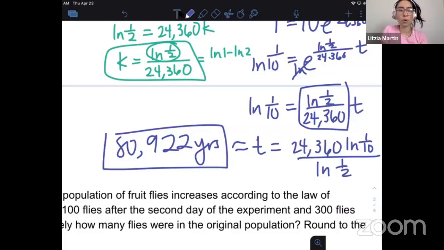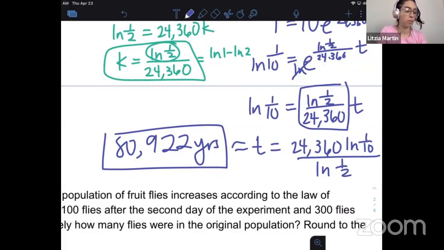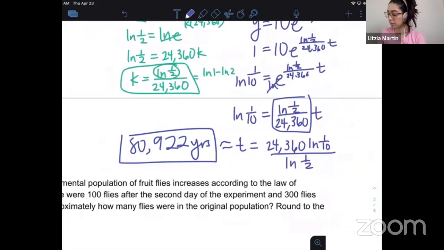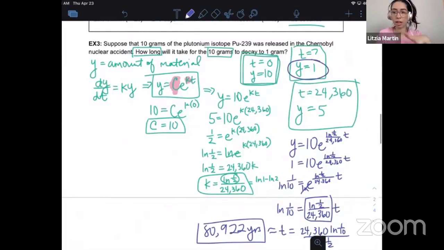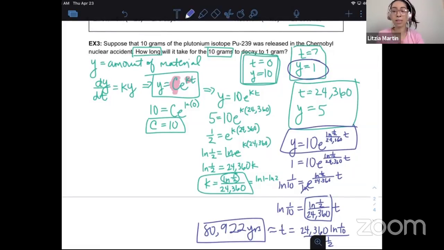Okay, so sometimes mistakes happen, and so what we want to do is kind of think back to the problem. And if you have your calculator, you can kind of check it as well with this equation. You graph the equation and then kind of take a look at what it looks like. But if our half-life is 24,360, then it would make sense that in order for us to have just 1 gram, it should take longer than